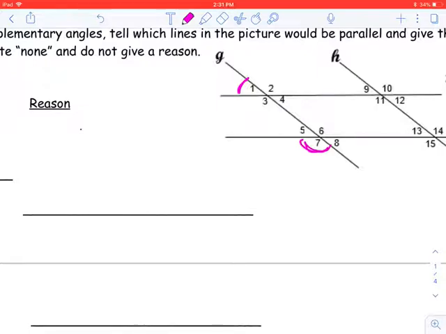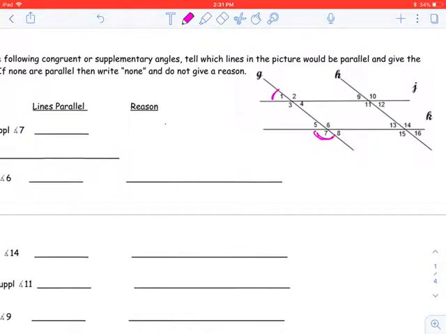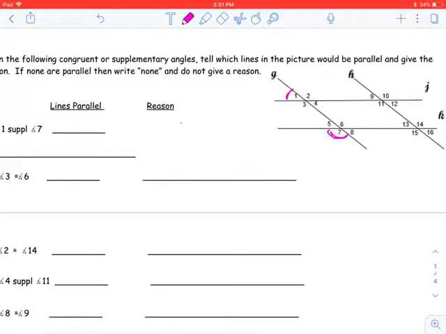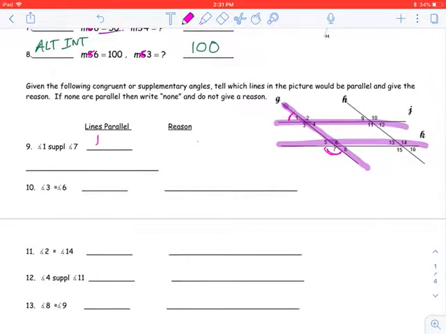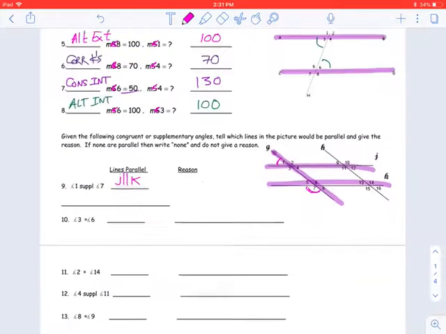What two lines are parallel? Well, this is my transversal, and the parallel lines are the ones that the transversal goes through, which is J and K. So J is parallel to K because these two are supplementary,